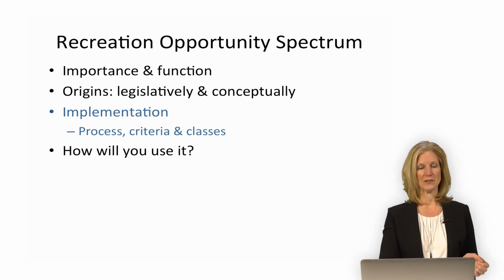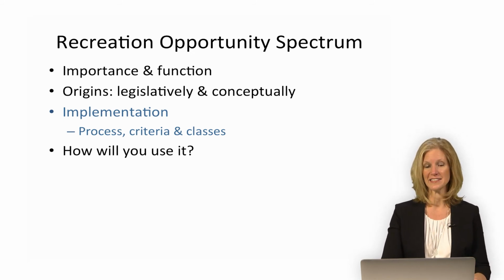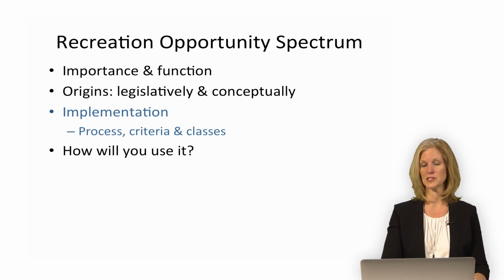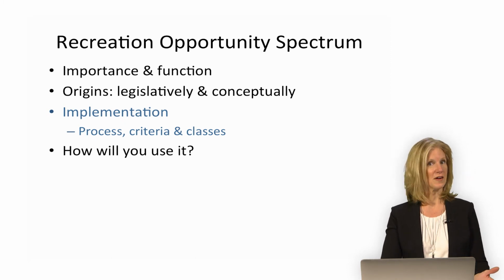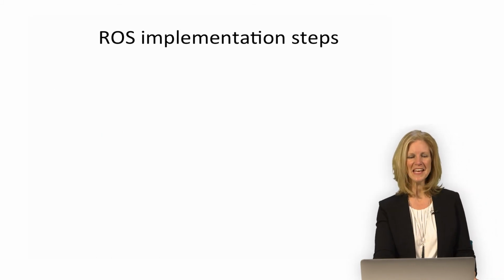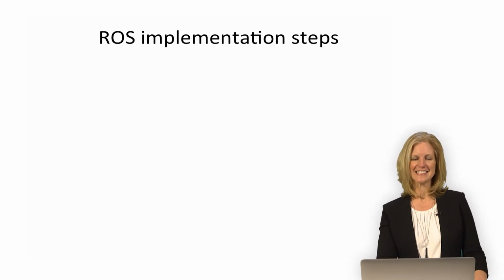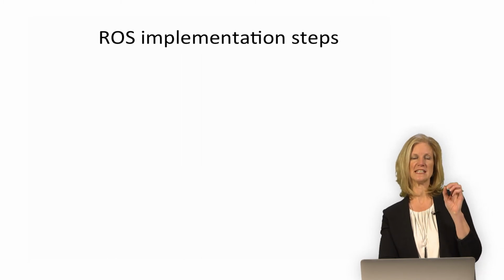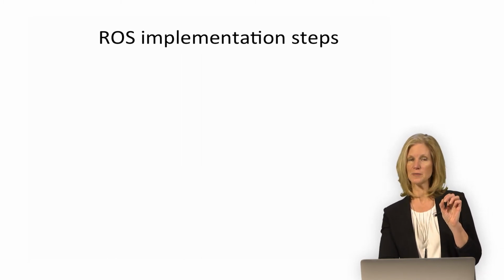So as you've read about and the video illustrates, clearly there's a need to allocate recreation opportunities by experiences. So how is this done? With the recreation opportunity spectrum. So as your readings detail, a set of steps is used to implement the ROS, including the opportunity to put